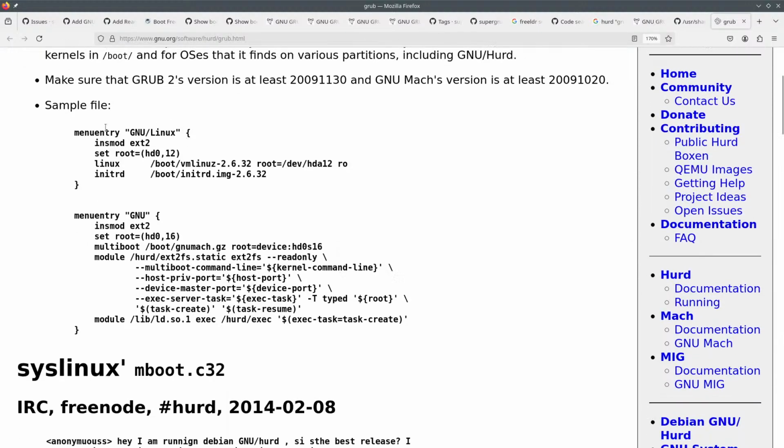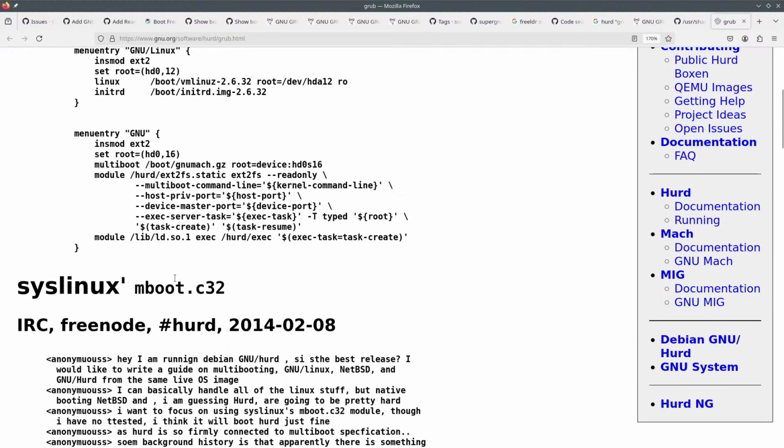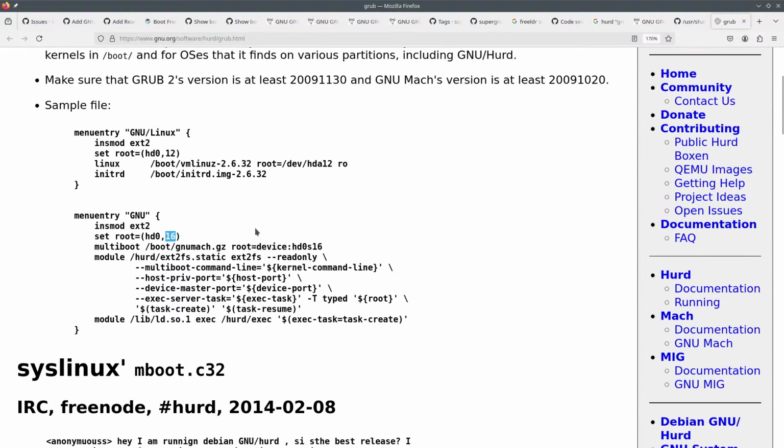So apparently GNU Linux is like this. Wait, this is GRUB2. So set root to whatever, and device is a /16. Yeah, so we need to convert this to whatever. Wait, 16? We no longer do this. I mean, you either do MS-DOS 16 or something else, or GPT 16. You don't do 16 and expect that this works as it is.